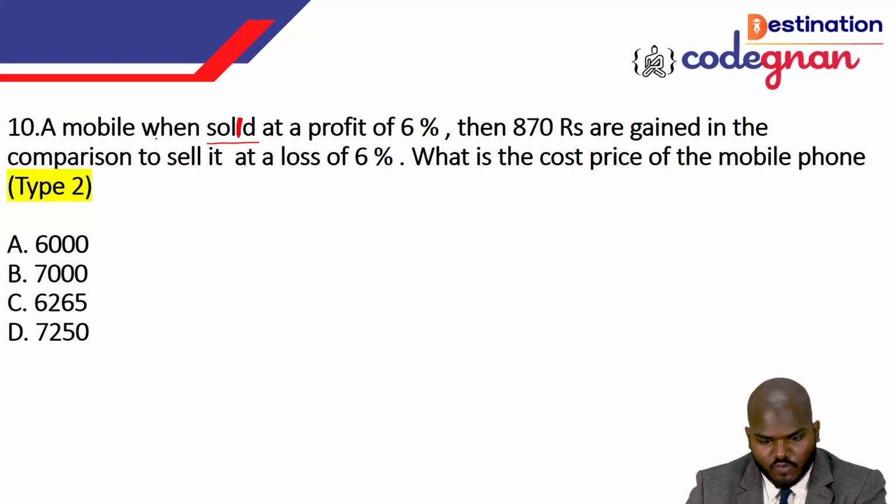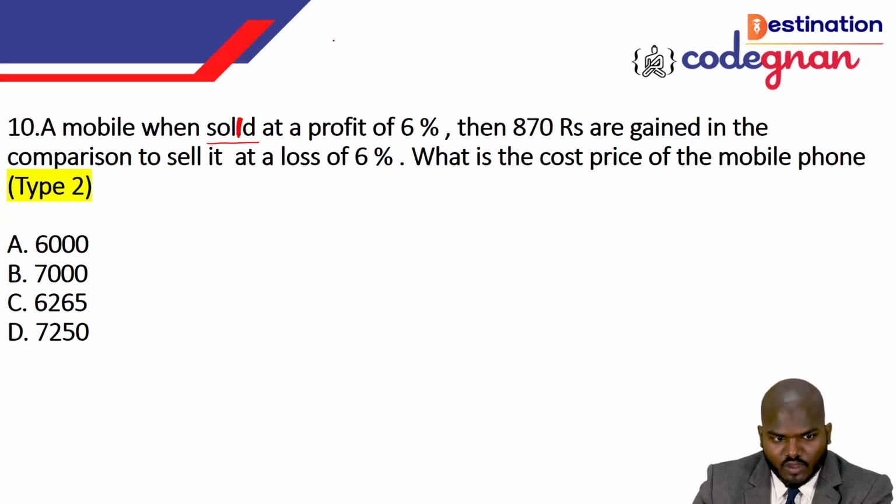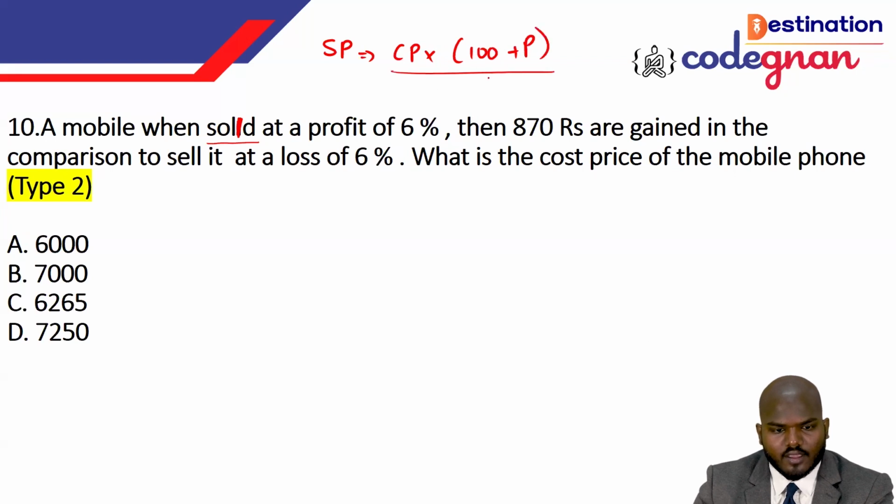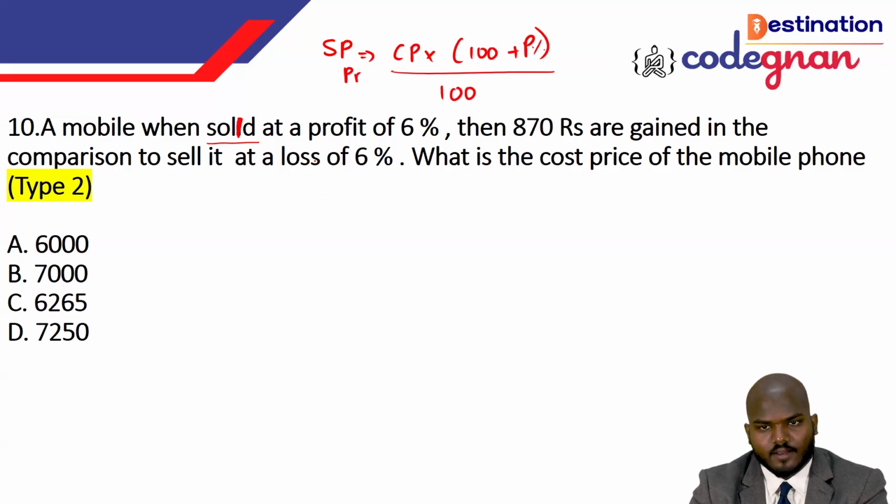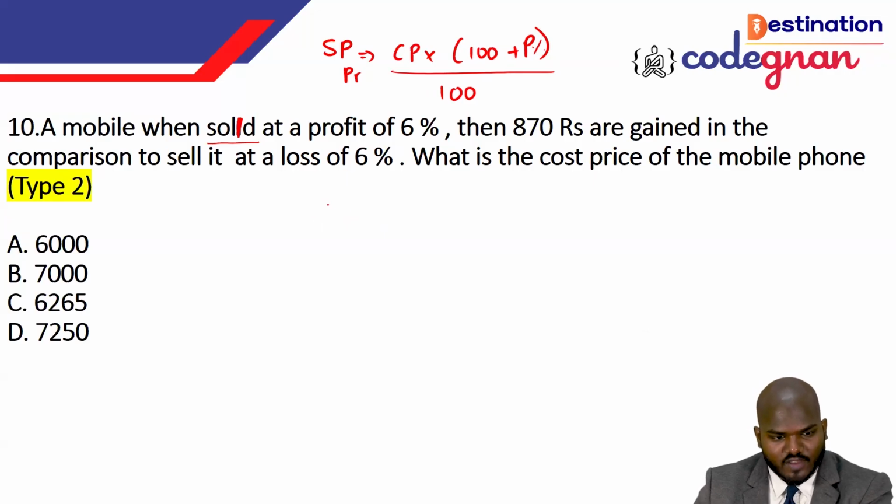In this also I want you to remember the formula. In the previous question, you had the formula that selling price is equal to cost price times 100 plus profit, by 100. How many of you remember this formula? This is the very basic formula which you have to remember. And another one is with respect to the profit. If you want to derive here the selling price with respect to the loss in this one, that I can,